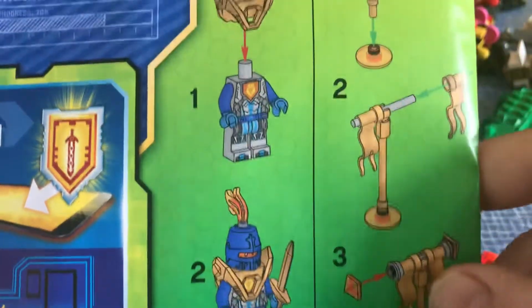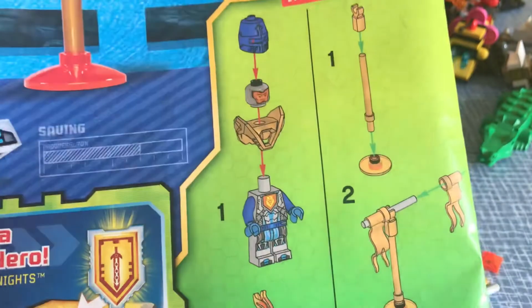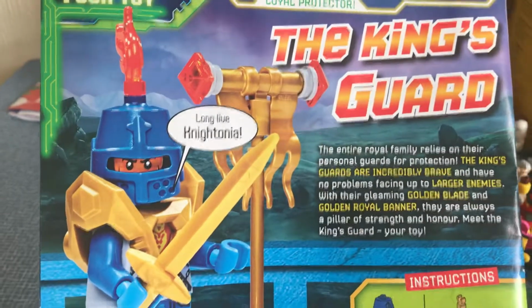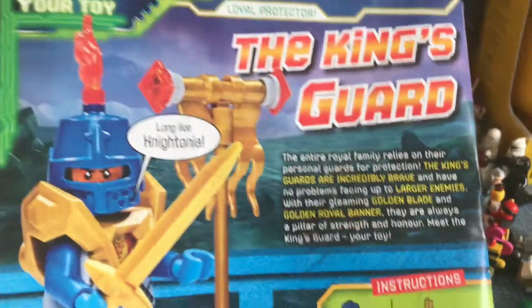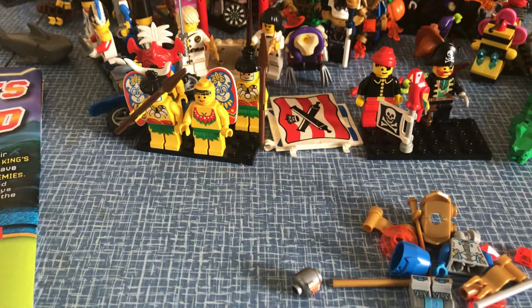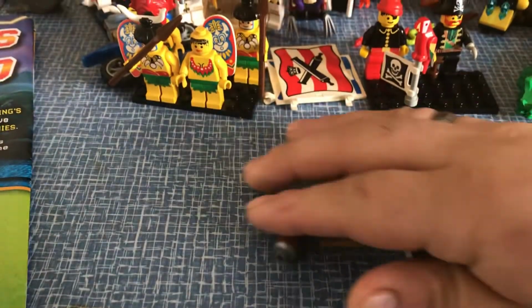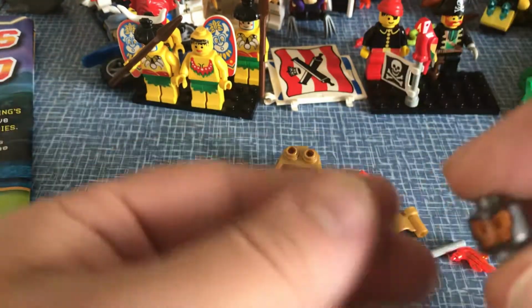So these are the instructions you get, which are exactly like the builds. And I'll pull the camera up a little bit. It has a little bit of a background of who he is. So this is the Knight's Guard. I believe it's a generic little minifigure. So bring the camera down a little bit more so you can see what I'm doing. Let's check out his face first,